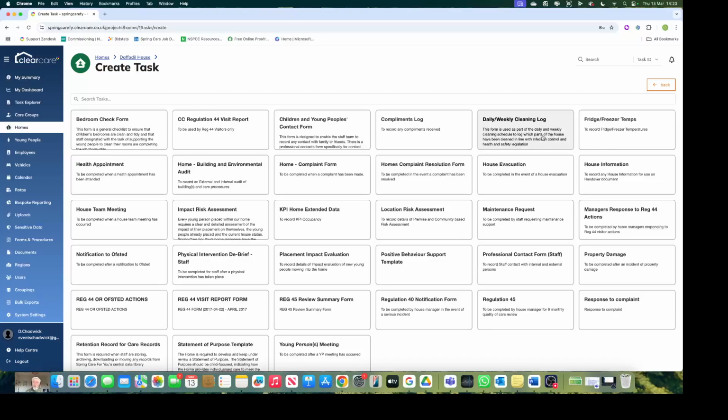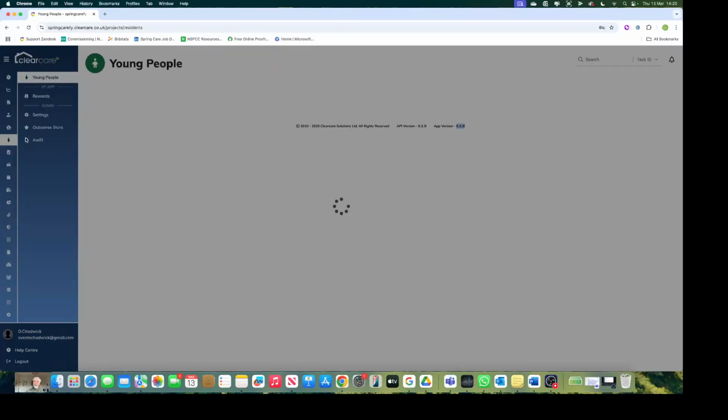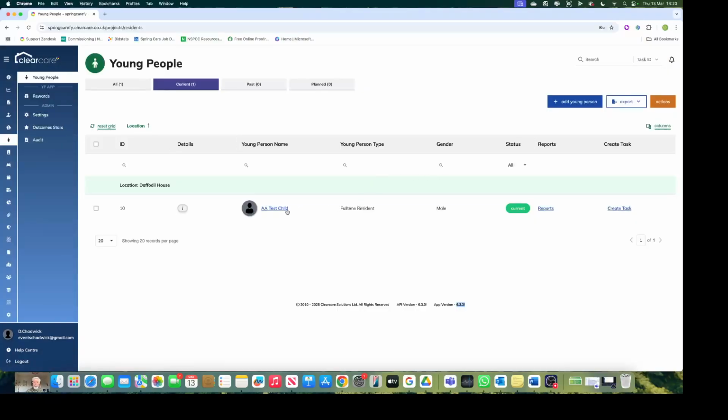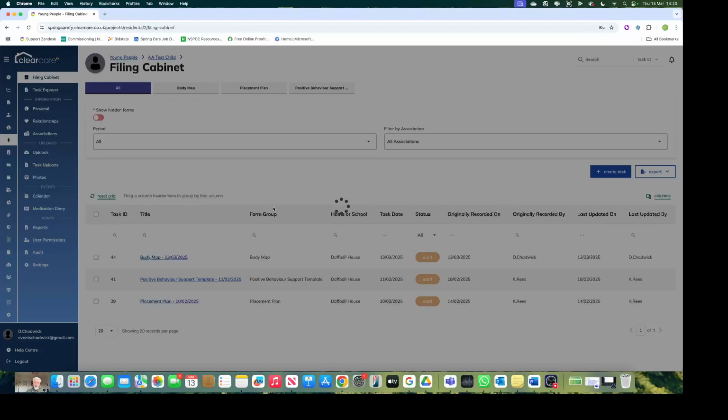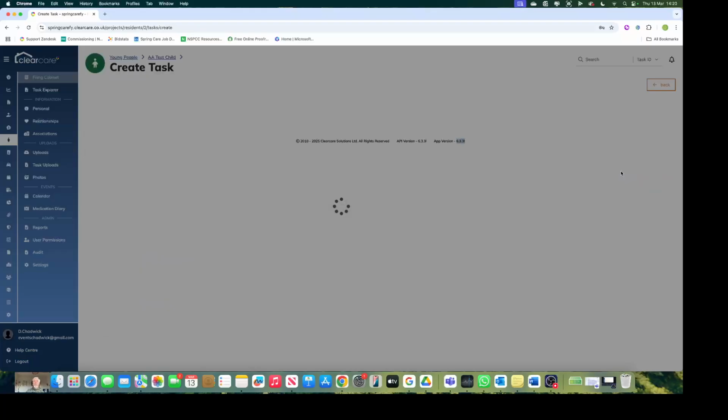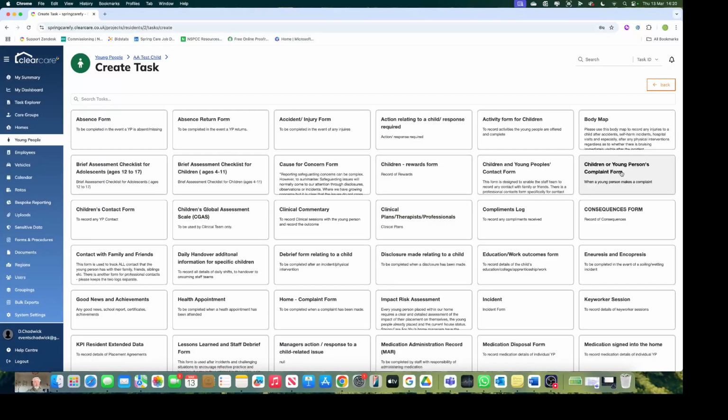But we might be doing it with the child. So you think, okay, it was, say, an activity. But this time it's not for the house, the activity is for the child. So the cleaning log was for the house because you were doing it for the house. This time you're doing it for the child. So you think, right, I need a different library of forms. You're going to go to your child that you've just been doing the cleaning with. You filled in your house log for the room. This time you want to say, what did I do with the child? I want to record my activities with them. And so you'd look through all of these forms